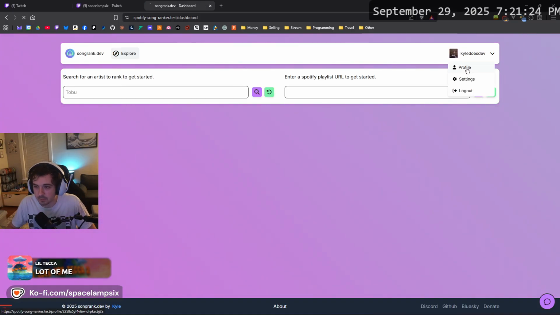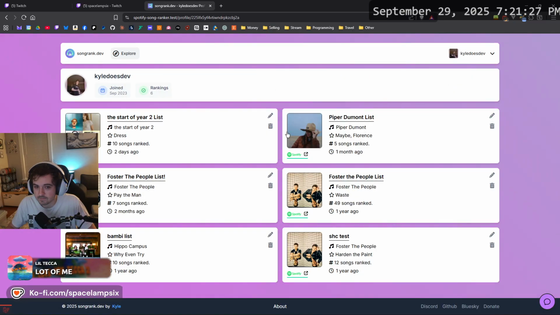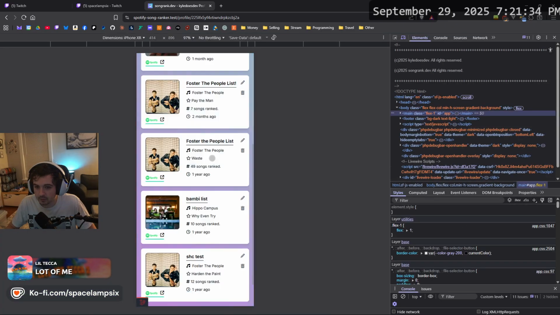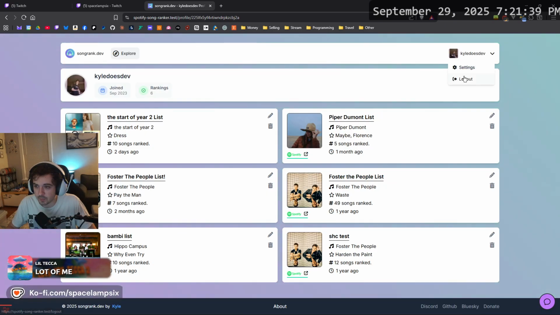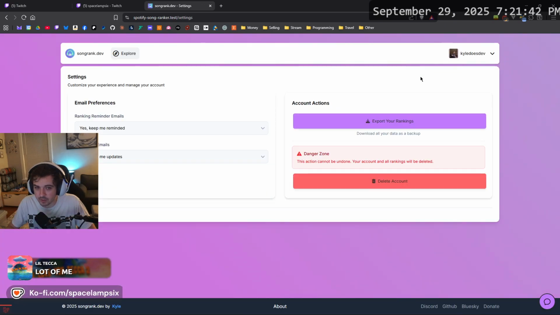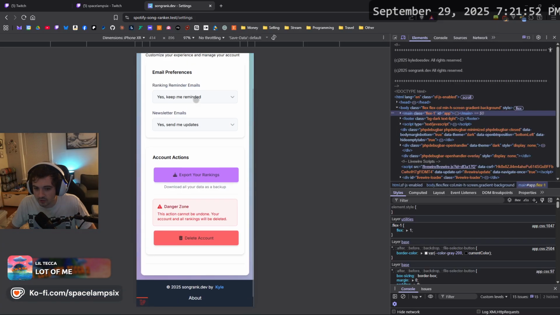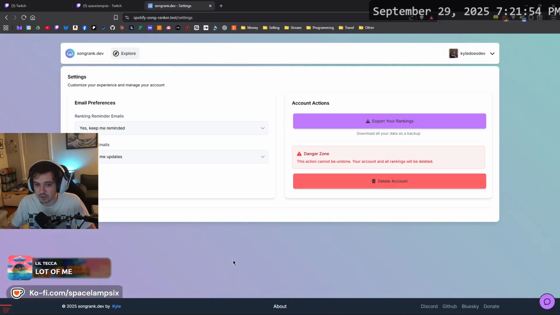I can then go to my profile, right here. These are a bit bigger now. And this is how it looks on mobile. Nothing really changed here. Settings page, I did use AI to rewrite a little bit of it, so it's just a little bit prettier looking. So there's an email preferences section, and then the account actions section. And then on mobile, it's just stacked. Really basic, like we don't need too much here, because all of the user's credentials are managed outside of the platform, so there's not a lot for the user to change here.